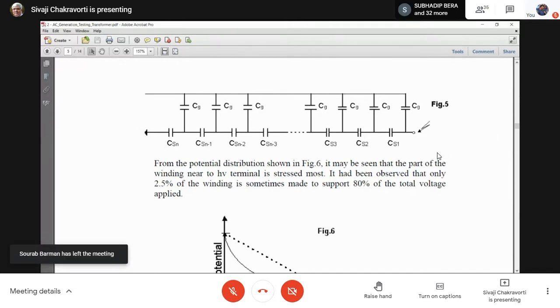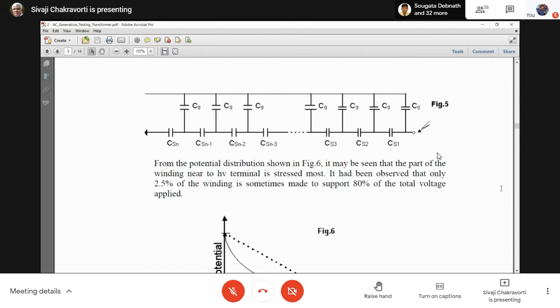Because, as I said, for high frequency the current flows through the capacitor and not through the inductor, and therefore we have a ladder structure comprising series capacitances and shunt capacitances. Now, what is the effect? First of all, the transformer windings are all symmetric. So the series capacitances are typically all the same, because the winding diameter, the material, everything more or less remains the same from top to bottom. Similarly, the ground capacitances also remain the same because the distance remains the same.